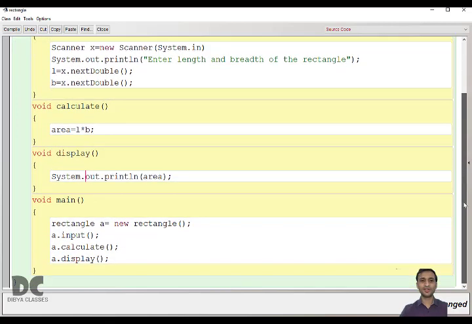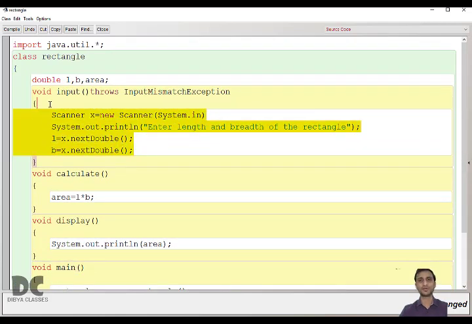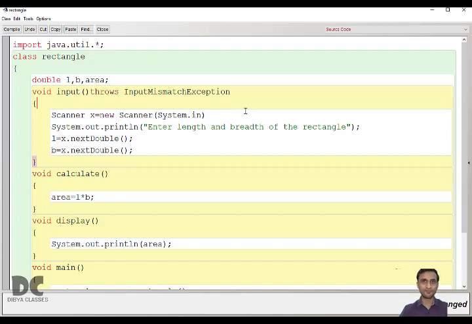Here we didn't take input in the main function. Using scanner, the advantage is that you can take input wherever you want. That is the advantage of scanner and buffer over parameter. In parameter, you have to follow the 3-step input. First you take input in the main function, then you call the input function and give the values, and then store the values in the original variable. But if you want to use scanner or buffer, it is a little bit easier.